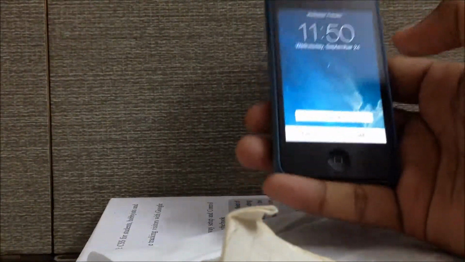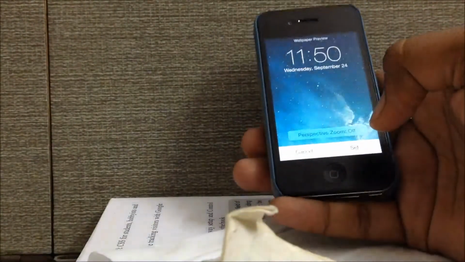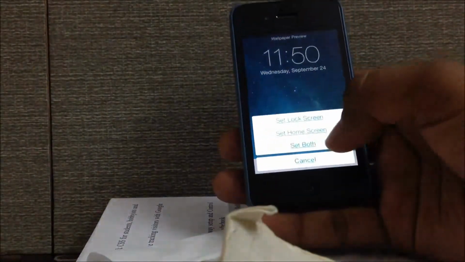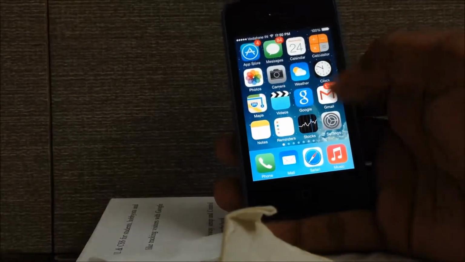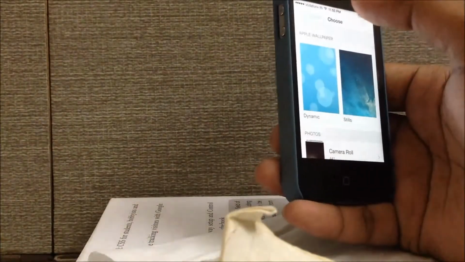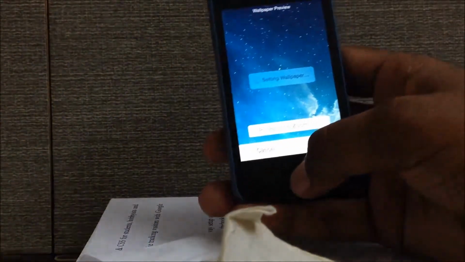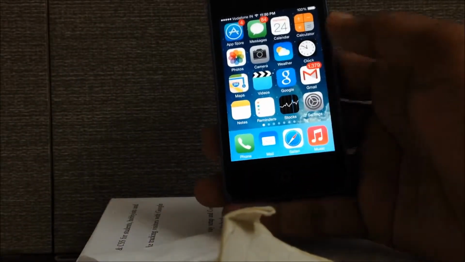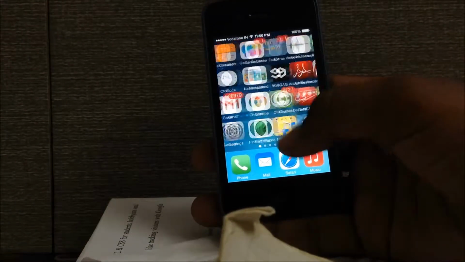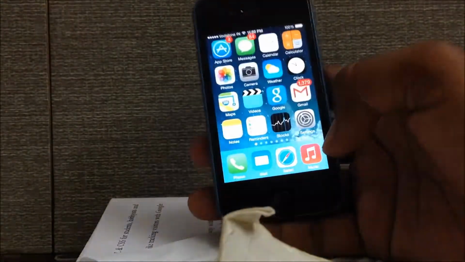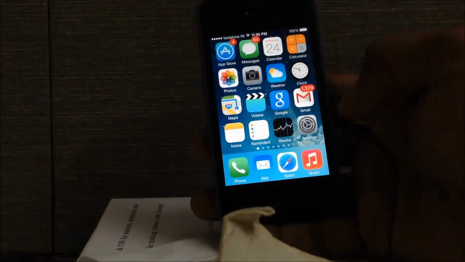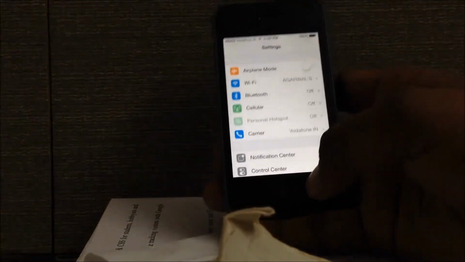Also, there is this setting, perspective zoom. It works in collaboration with your accelerometer. So let me just show you. Right now it is off, and there is no parallax effect. It is a parallax effect on the Apple. So let me just turn it on again. Yeah, I have turned it on, and this is a setting to maintain your dynamic motion while disabling the parallax effect. So this update was released in 7.1.1, and it is a pretty good feature to also maintain your RAM and the battery.